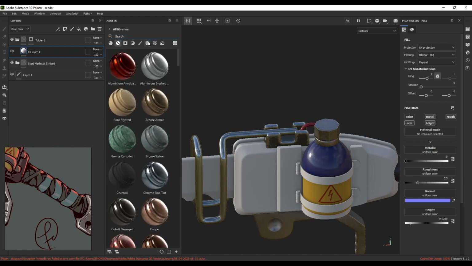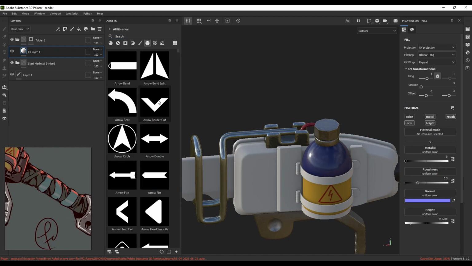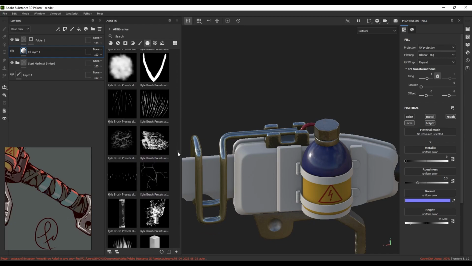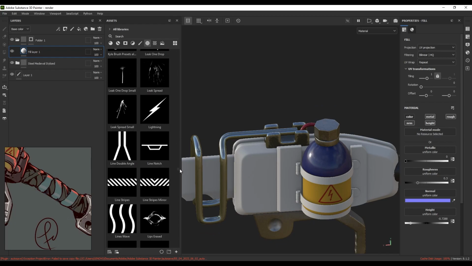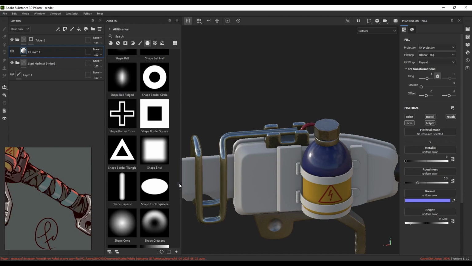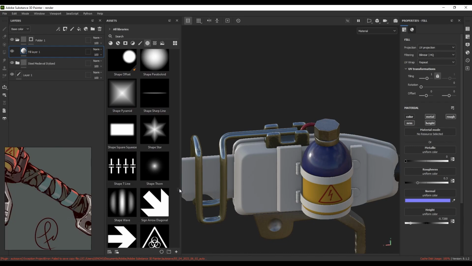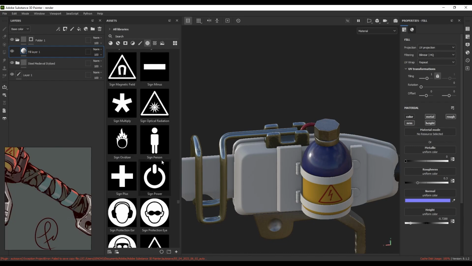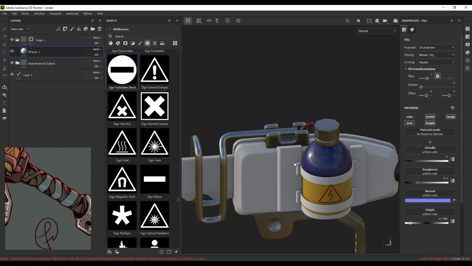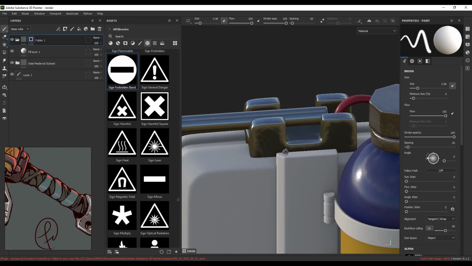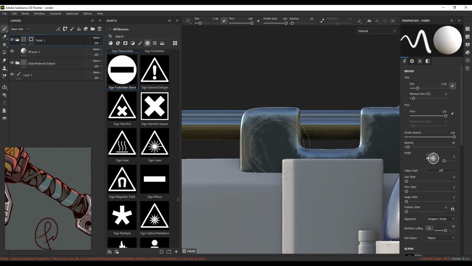Then go to the alpha and look for assign things. I think we're looking for something like screw, but I think a sign could work, something like this. All right, select that and then select the mask,